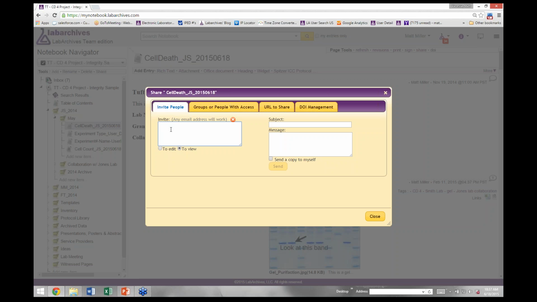I can add a user, and as I add them, I can give them, at that moment in time, the rights to view or the rights to edit this notebook. I can just send that permission to them, or I can type a subject and a message and send a copy of this to myself as well. Once a user has been added to the notebook,